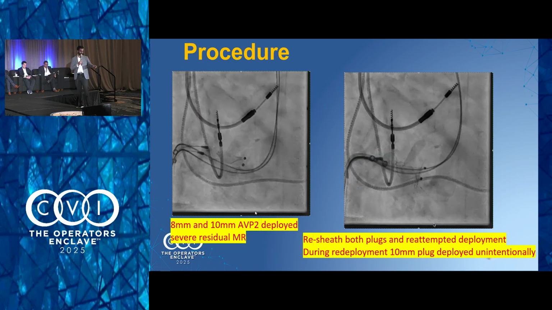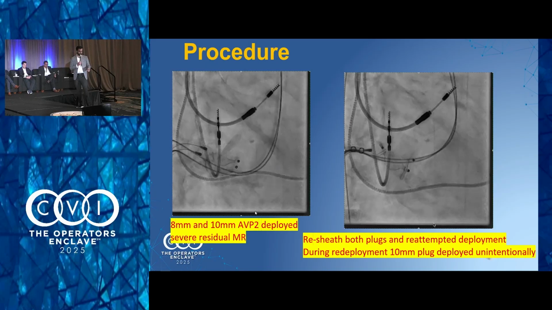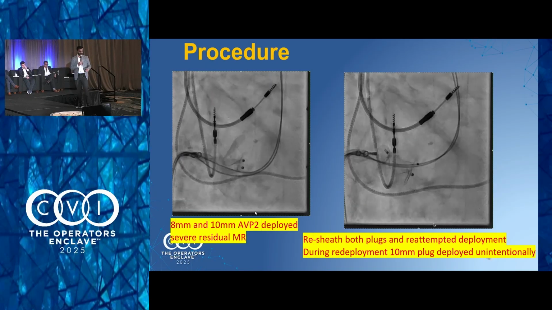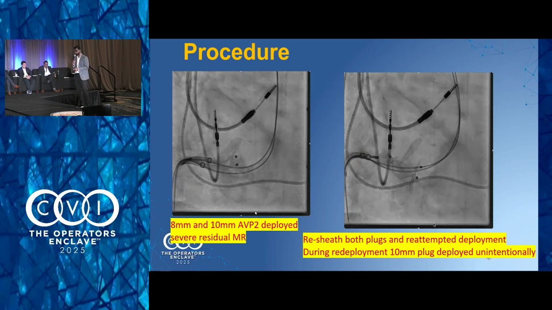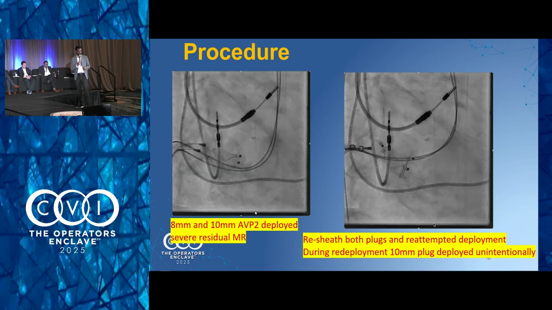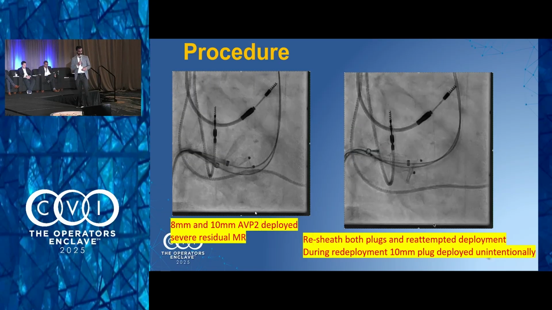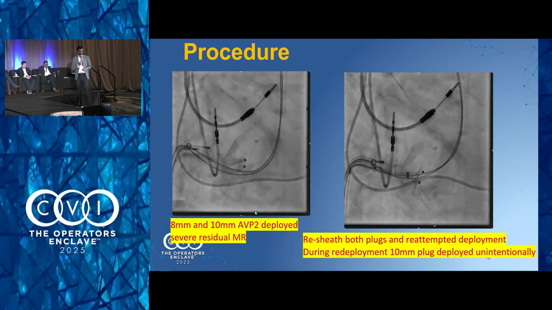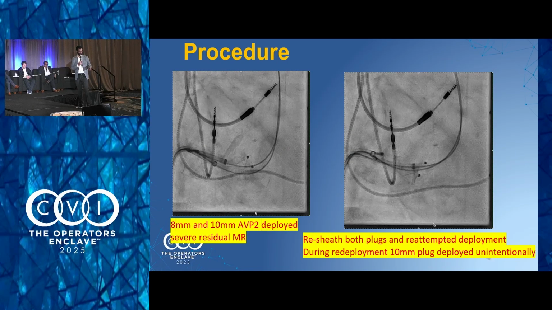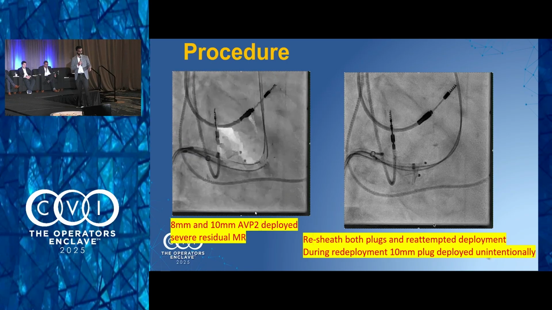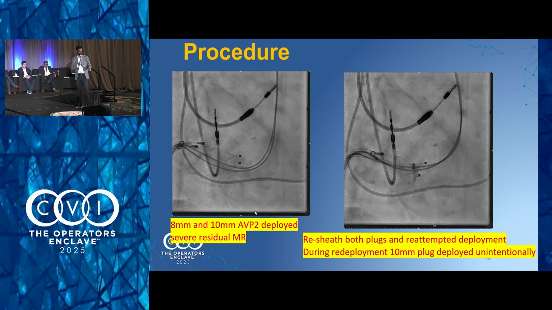So as you can see on the left, I'm trying to see if I can get more coaxial. I do this a few times to try and pull the belly of the device higher up so I can actually get into the leak a little bit better. It just doesn't work out. Sorry, I take that back. So this was now an 8 and 10 plug that we tried because the 10 and 12 didn't work. Now if you focus on the picture on the right,